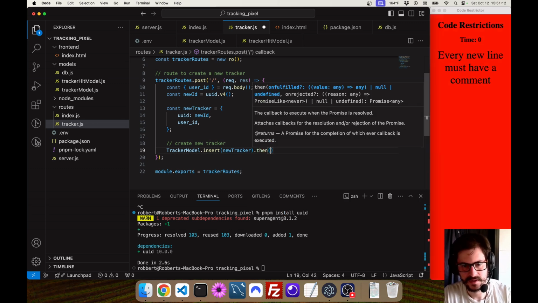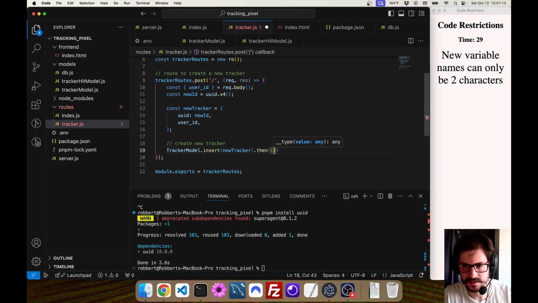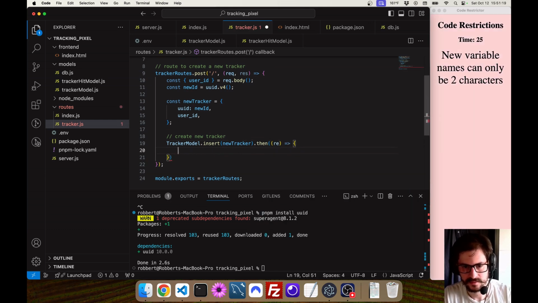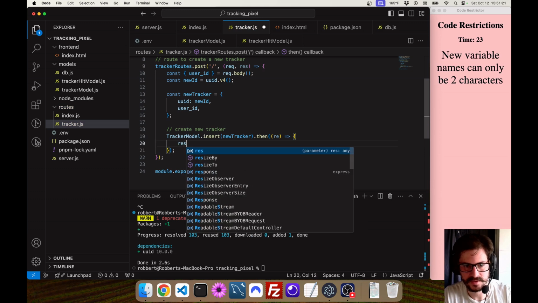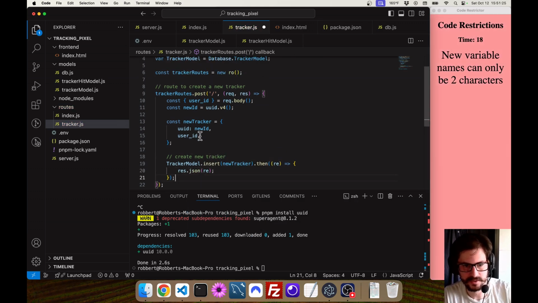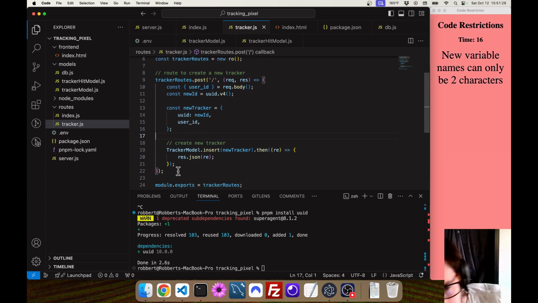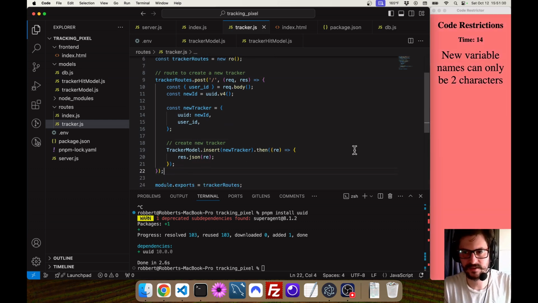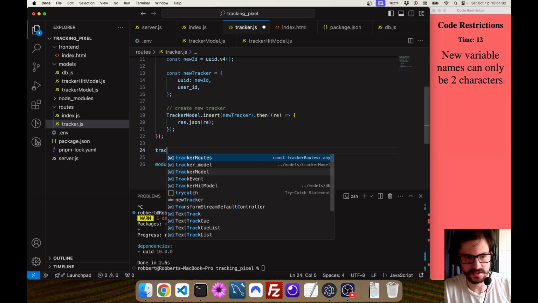Tracker.then. I haven't done a new line. Let's see, new variable names. And then we're actually going to say result.json. Okay, so that would create us a new tracker. Do I need a way to get all the trackers? Maybe I should actually have